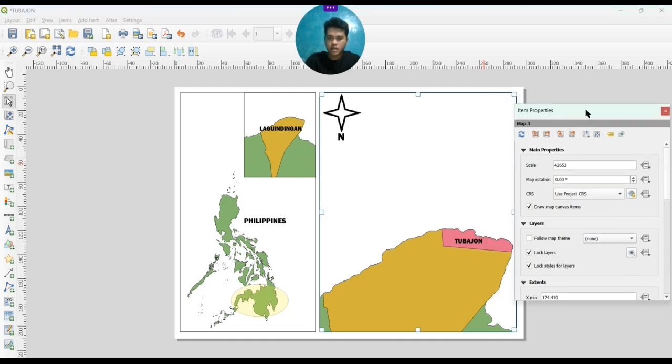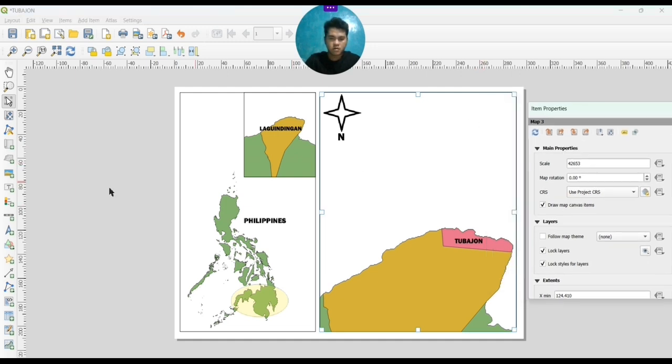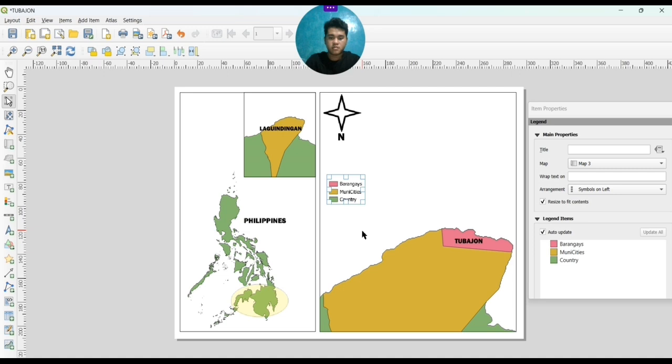And then I would like to have some legends. So add some legends, that one below the text box, and just paste it. So those are the legends.